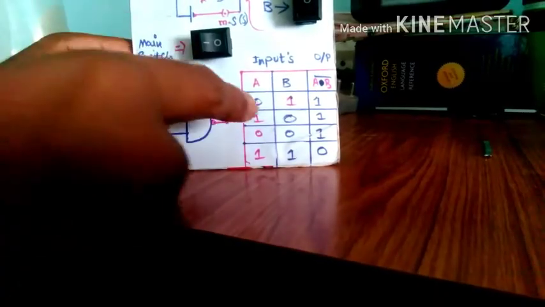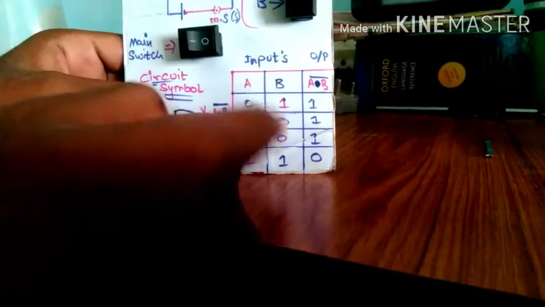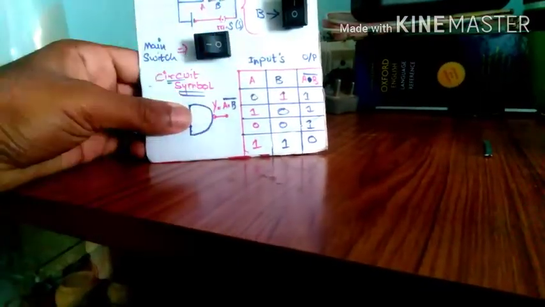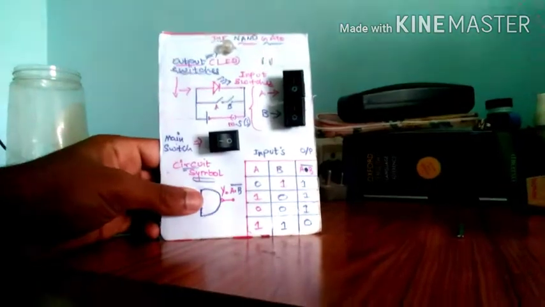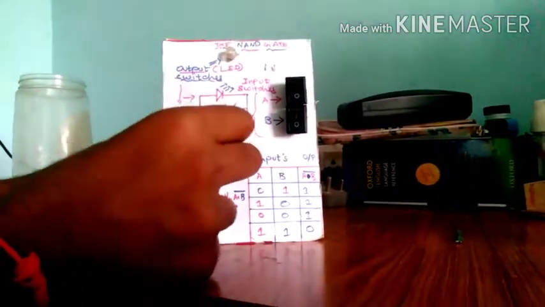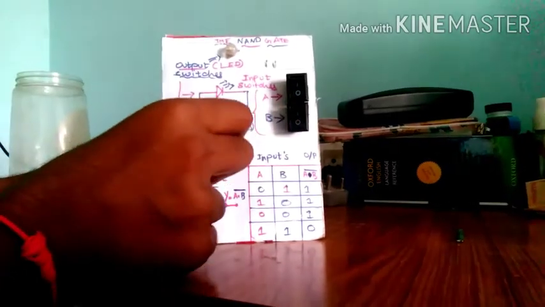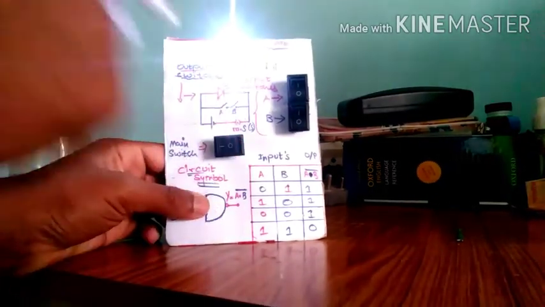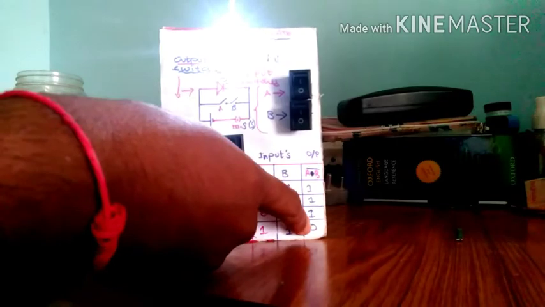So guys, we'll take A is equal to 0 input and B is equal to 0 input, and this means turning off both switches and turning on the main switch. As both switches are off now, as you can see, 0 at the downward stage. When you turn on the main switch, the LED is lightened up and the output is 1 here.